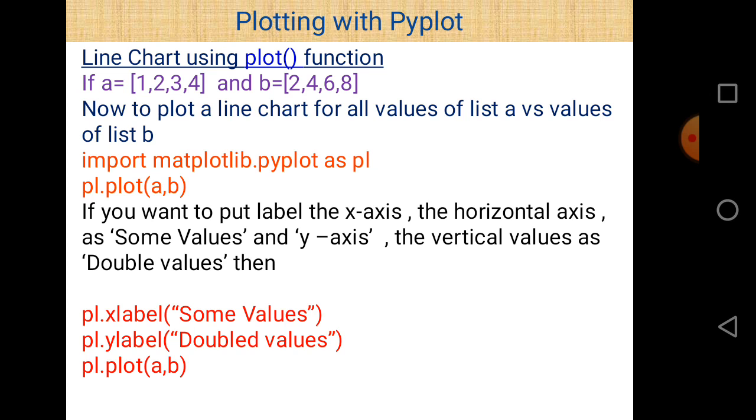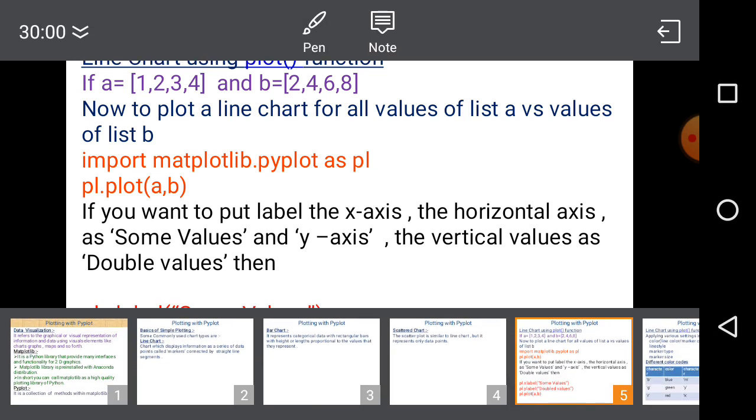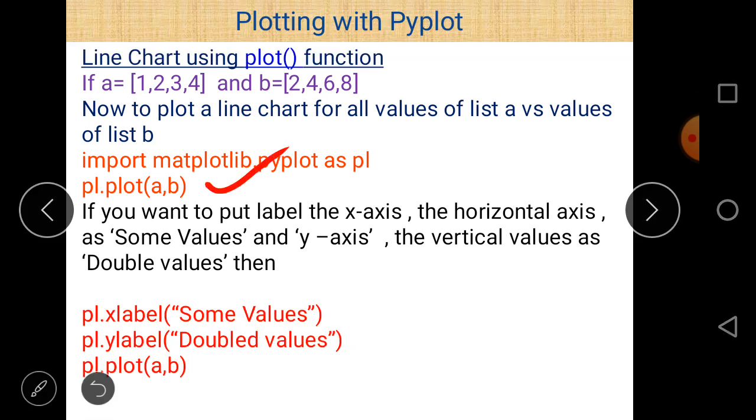Just write pl.plot and then pass the parameters a and b. A and b are lists, and these lists are declared in statement number 1. Using this you can plot a line chart.